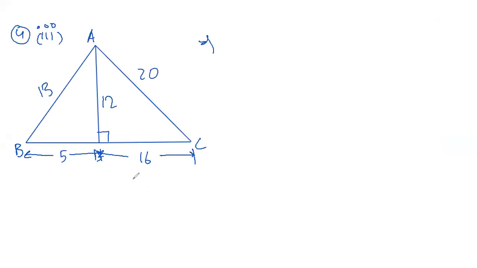If it has told us to find secant square B, first of all we'll mention that it's the reciprocal, 1 upon cos theta is equal to secant theta. This is the formula that you have to learn, and it is one of the 6 formulas that I had mentioned earlier. So whatever value cos theta obtains, that will be the reciprocal, and the reciprocal will be equal to secant theta.